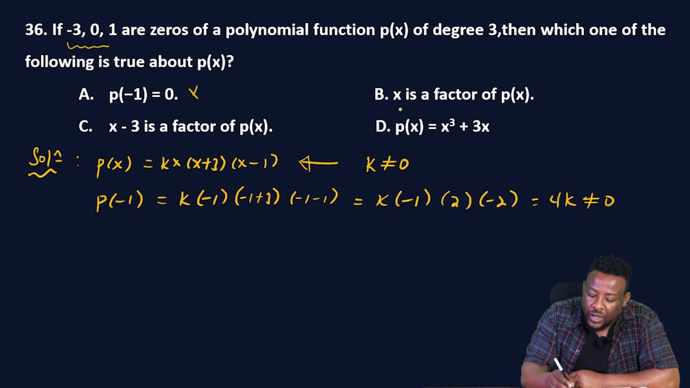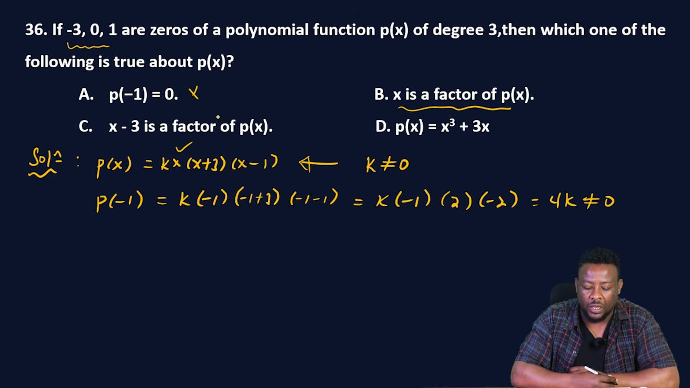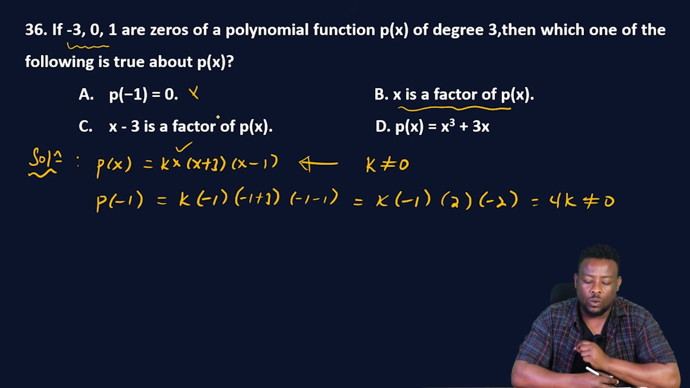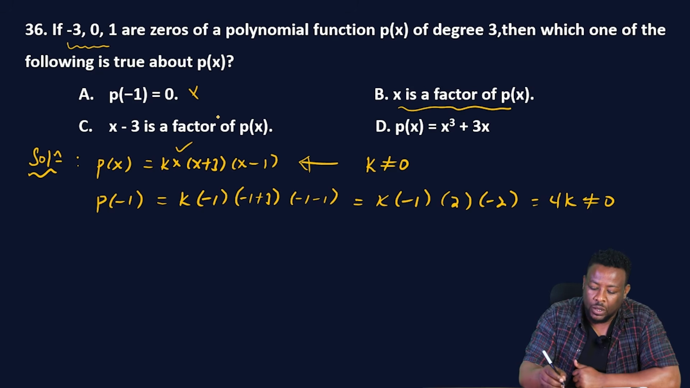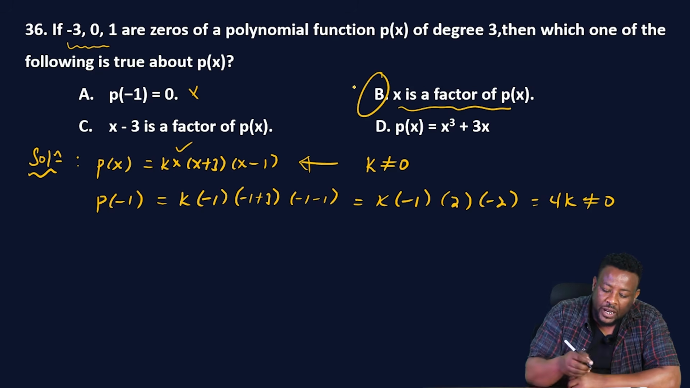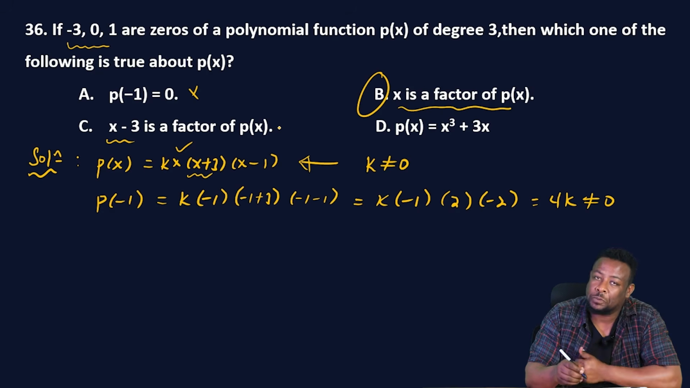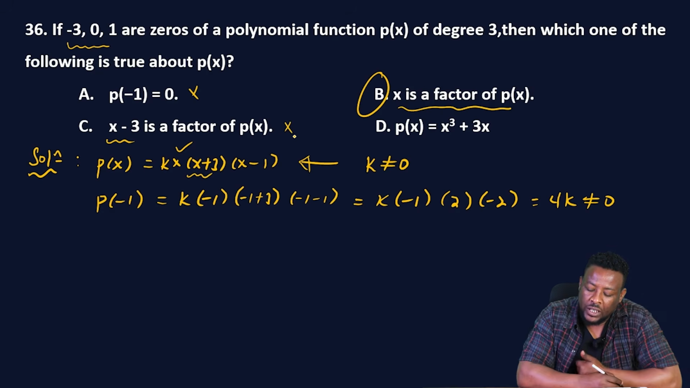ወደ b ስንሄድ x is the factor of p ይላል። Definitely x is the factor of p because 0 is one of the roots. So b ላይ ያለው statement true ነው ማለት ነው። ወደ c ስንሄድ x minus 3 is a factor ይለናል። x minus 3 ሳይሆን factor መሆን የሚችለው x plus 3 ነው። So c ላይም ያለው wrong ነው። ወደ d ስንሄድ